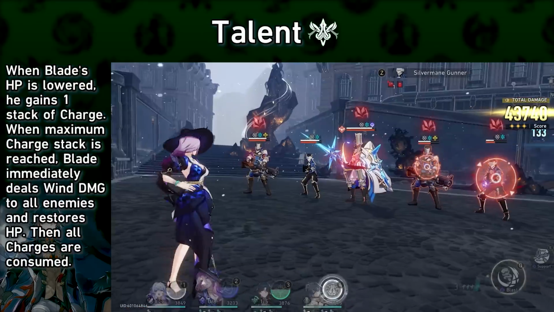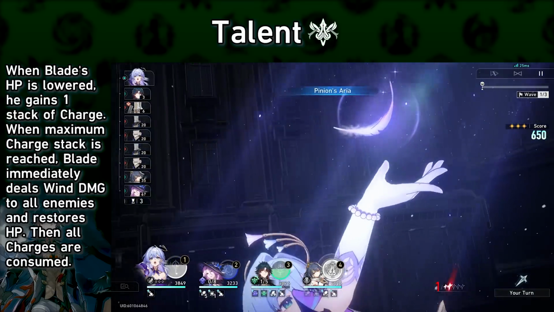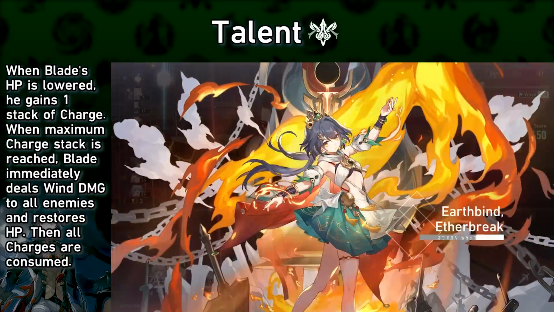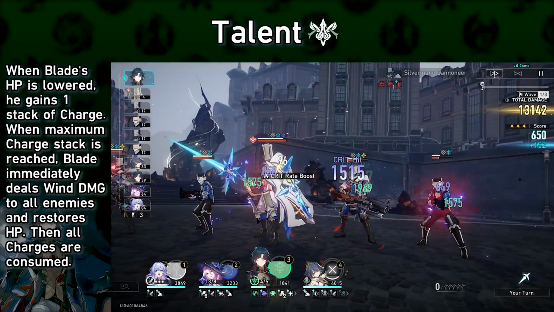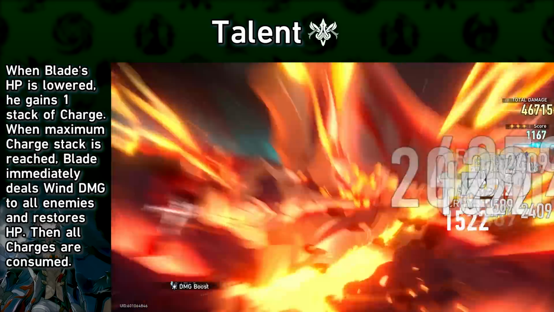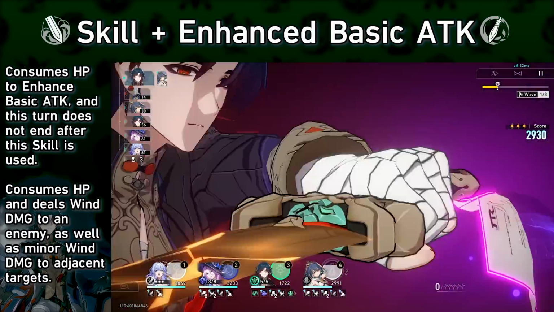Reviewing his kit, his talent gives him an AoE follow-up attack that is triggered after consuming his HP or taking damage 5 times. Because it only makes up a portion of his overall damage output, it's not quite enough to make him competitive with other dedicated follow-up characters on follow-up teams, but letting him charge it up faster would definitely help. It also heals him as a way to counteract his HP consumption on his skill and the enhanced basic